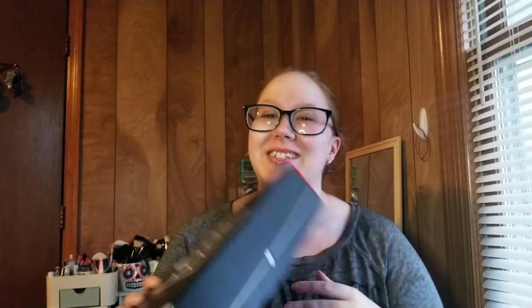months. So I am so excited that this is finally here. This is the September 2020 BoxyCharm, and I'm not excited because I know what's inside. I know what my choice item was, but I'm excited because for a while I was afraid it wouldn't show up because it got on the FedEx truck in tracking